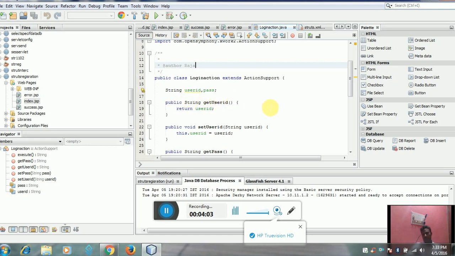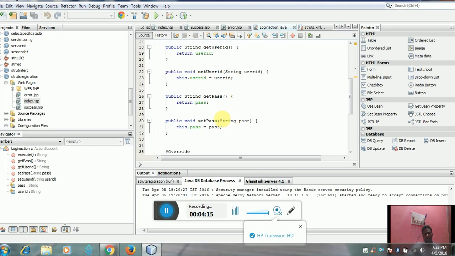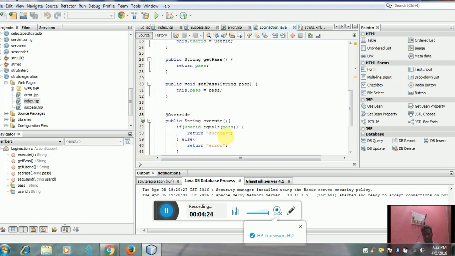Next is public String getUserID, which is one method, and setUserID, another method that passes one String argument, user ID. Then getPassword returns the password, and setPassword takes a String pass, this.pass equals pass.